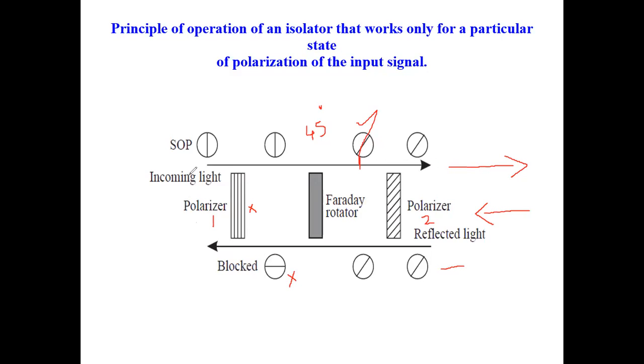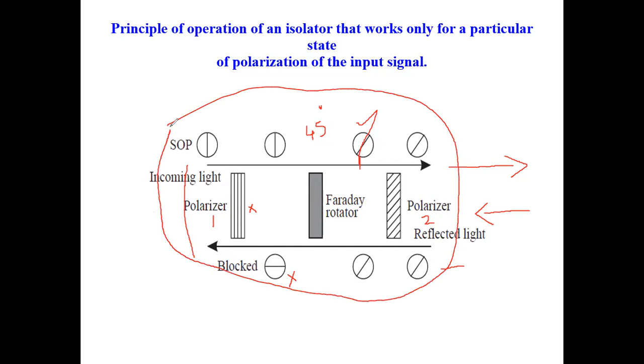So here what happened is, suppose this is the block of my isolator, the whole isolator block. I have an incoming light, okay, and if there is some backscattered light that is entering, nothing is coming out because this polarizer has completely blocked the light signal. Did you understand this? It's a very simple phenomenon which is explained in the book of Senior with this particular diagram. So this is the concept that is used in an isolator.